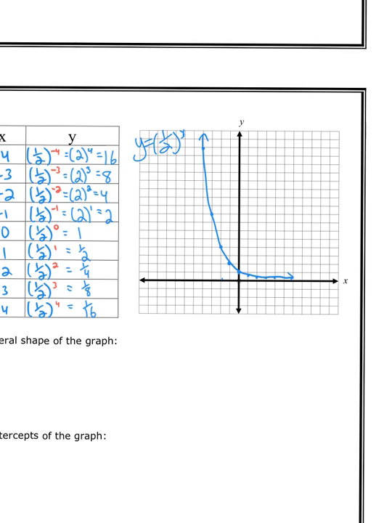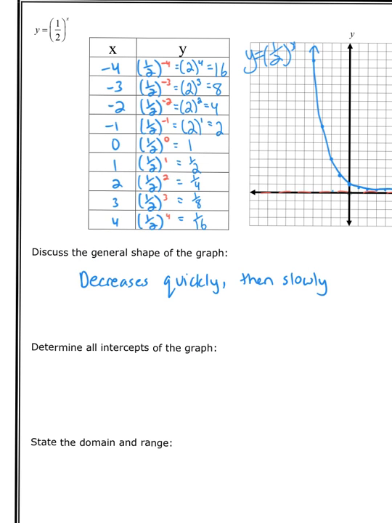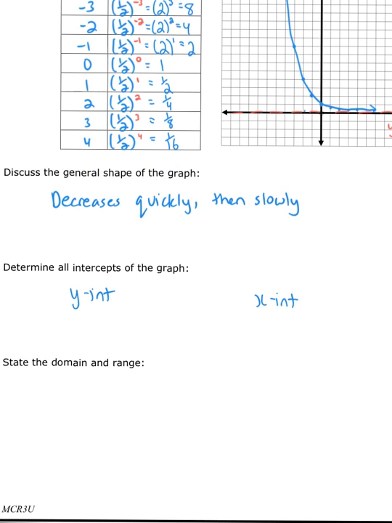And just like in the other graph of exponential growth, we have a horizontal asymptote at the x-axis, so the equation is y equals 0. So again, let's talk about the features. The general shape of the graph: at first it decreases quickly and then very slowly as you move from left to right. Looking at the intercepts, again, we have a y-intercept at (0, 1), just like we did for